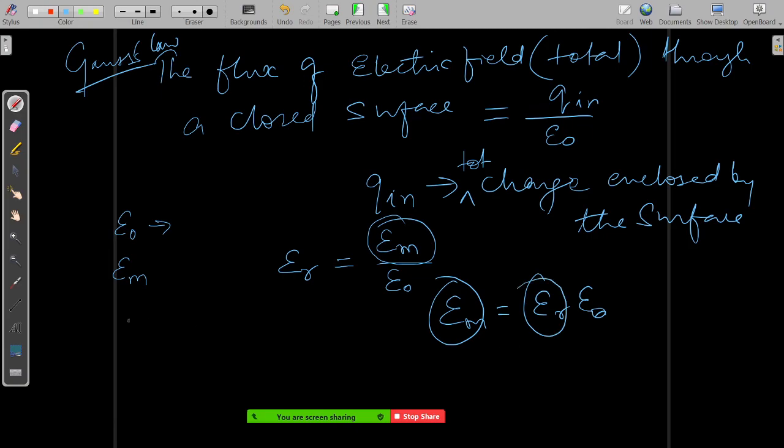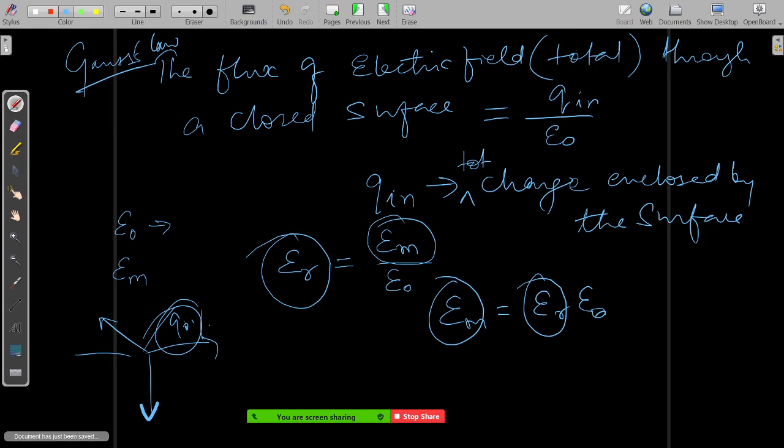See, relative permittivity means there is something at 100% in free space. Now they say that this particular thing has been kept in some medium, and that medium acts as 90% of what it was earlier in the vacuum. So this relative permittivity basically means this 90%. So how are you going to find the permittivity of the medium? 90% of whatever was there earlier. So relative permittivity will basically be a fraction. Let's say they have given 0.9 as the fraction here, and times the epsilon naught, you have to do.